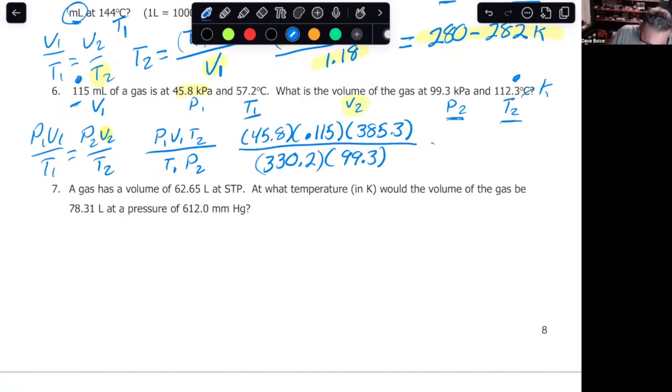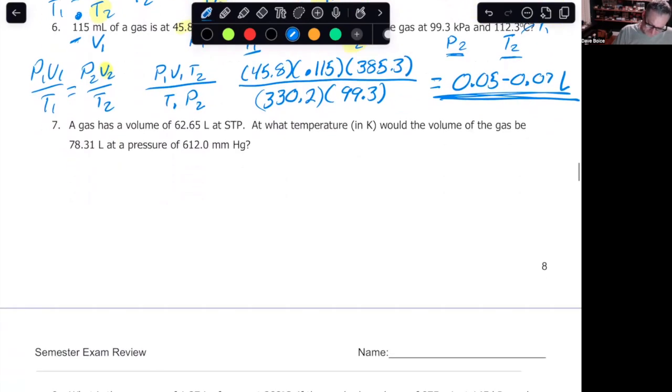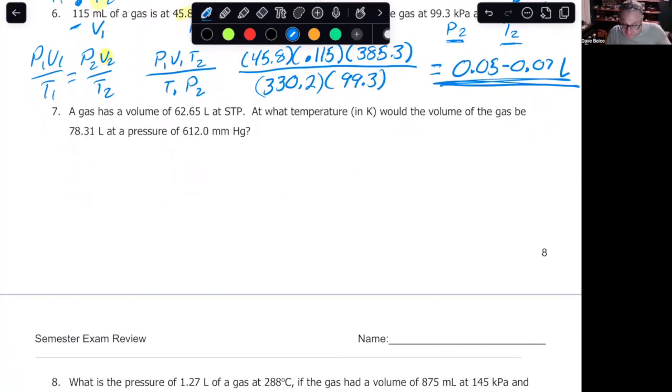And when I do that, my answer is going to be in the range of 0.052, let's say 0.07 liters. Makes sense. My initial liters were 0.115, so not too far away from there. No giant changes, so there we go. And everything looks good. So make sure to put that in the calculator and put the actual correct answer for